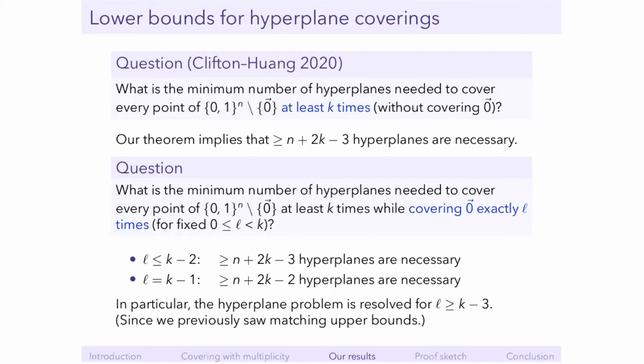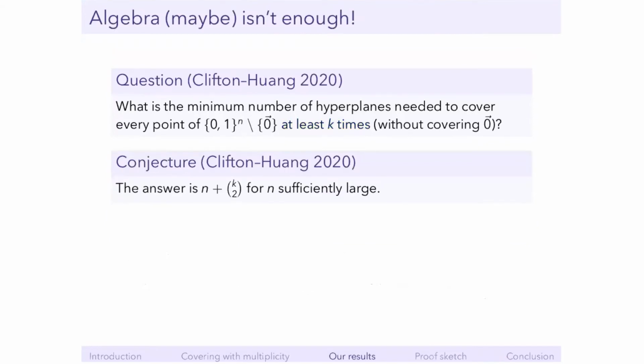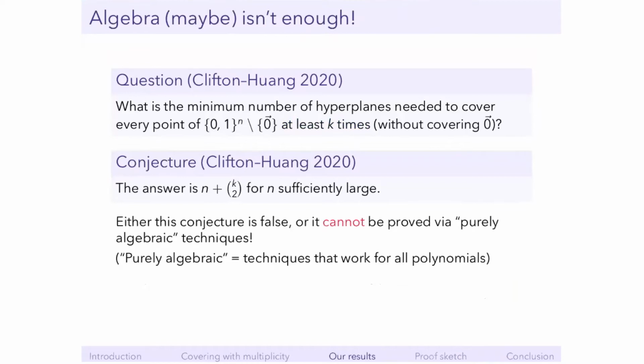The final thing I want to say about these results, which I think is very interesting, is this. Remember, for this hyperplane question, Clifton and Huang conjectured that the right answer is n plus k choose 2 if I want to cover every vertex at least k times while not covering the origin at all. I think the main upshot of our results is that this conjecture might be false, but if it's true, you aren't able to prove it with